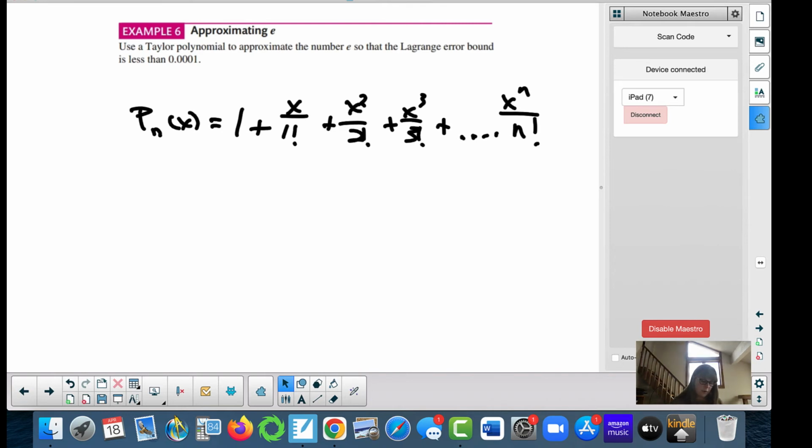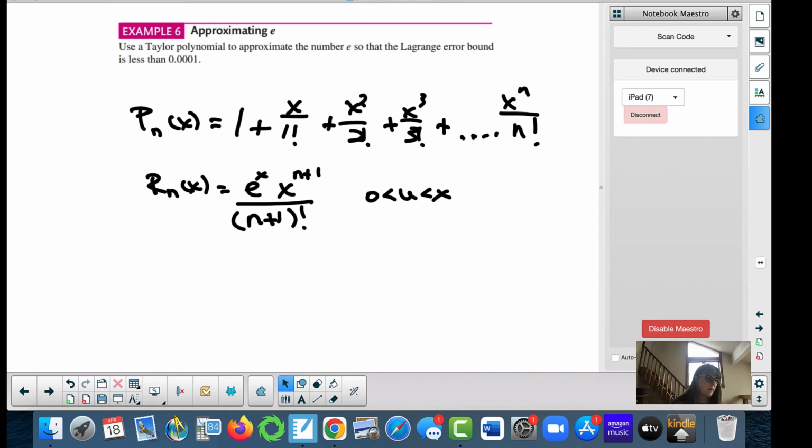And then our remainder is going to be e to the u times x to the n plus 1 over n plus 1 factorial. So u